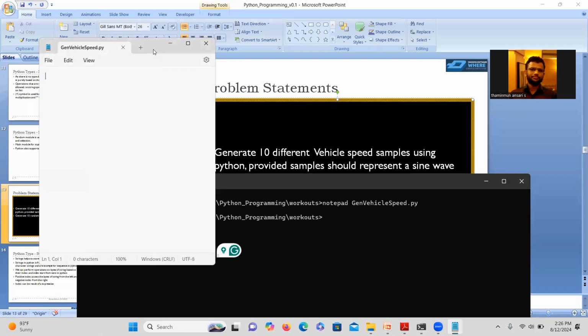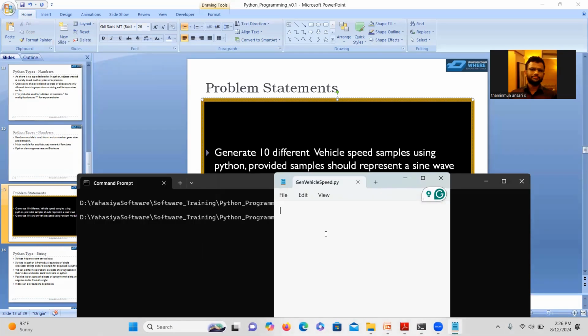Right? So initially what we are going to do in this module, we are going to create an empty list. To create a list, we say vehicle speed samples is equivalent to, for an empty list, you can say like this. When you use square brackets, that means you are going to create a list. But this list is empty. We are going to populate that list. For that, for